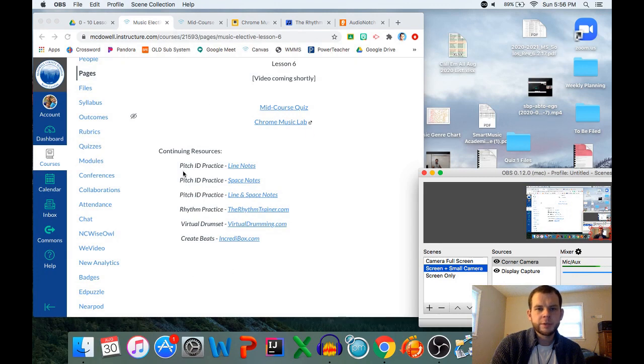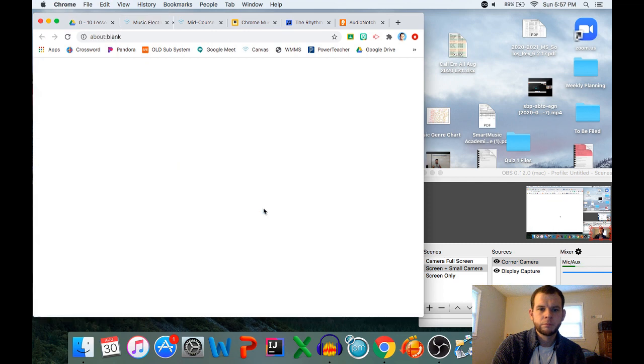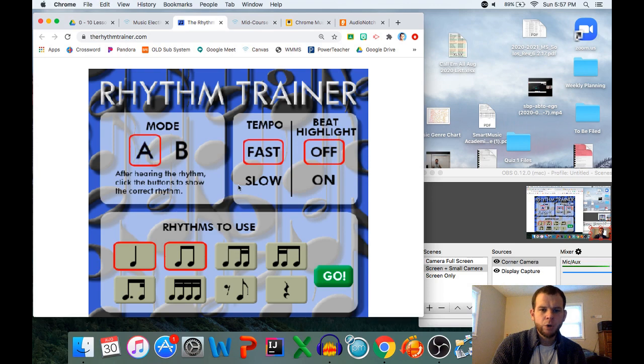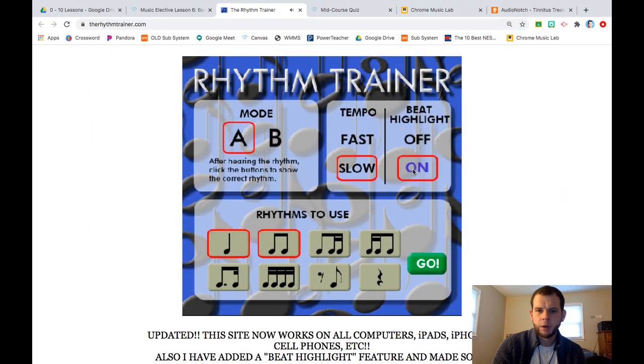I would like to hit up some rhythm trainer next. So from whatever lesson 6 has it, of course. Rhythmtrainer.com. Mode A. Slow on. We're going to start with quarter note, eighth notes, and quarter rest, also known as pie, apple, and